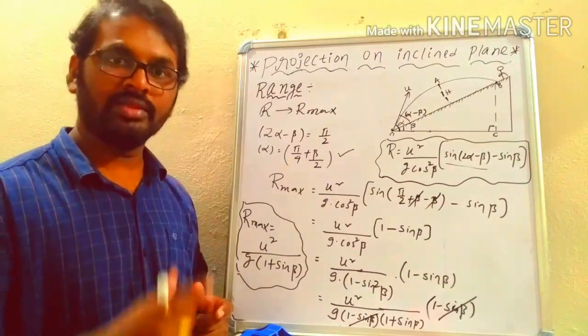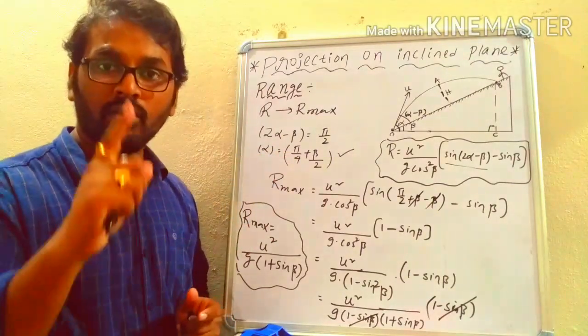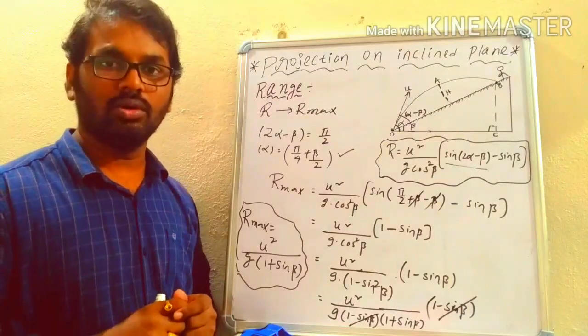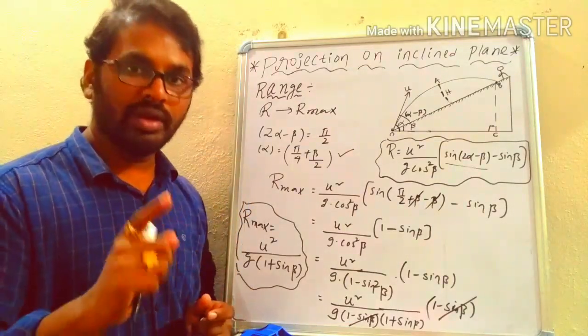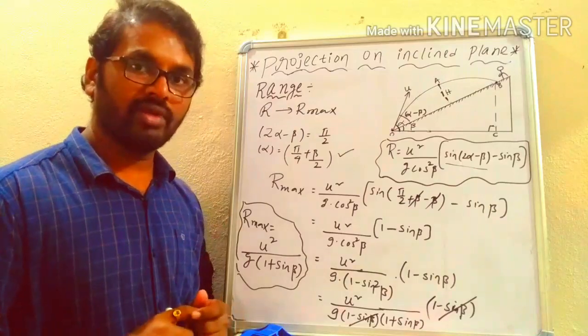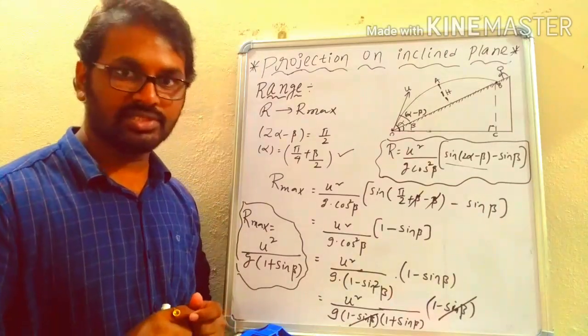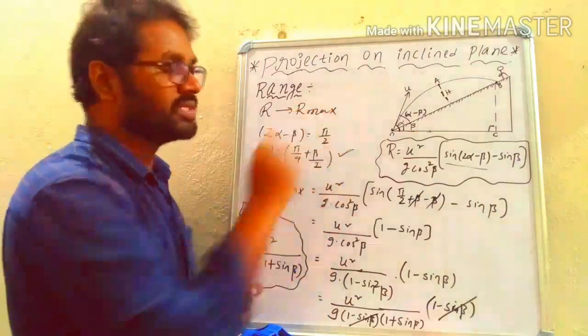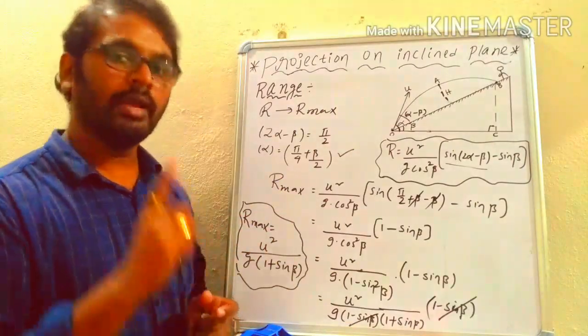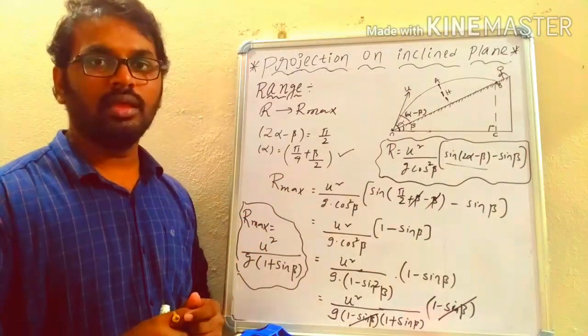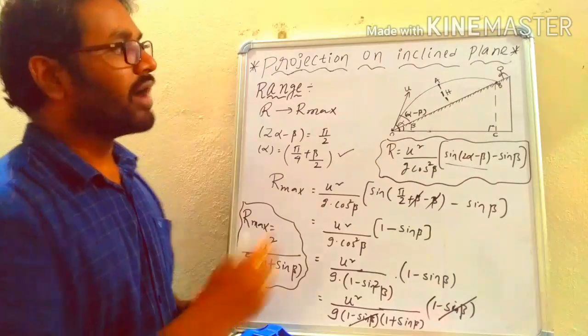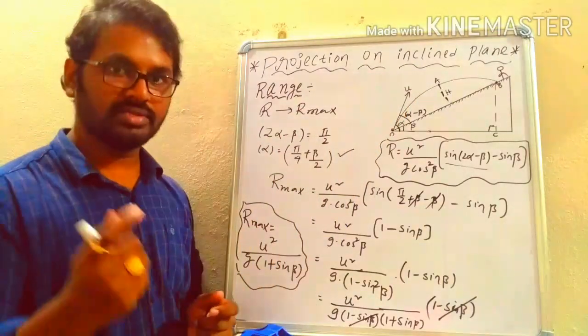That is what we did in the case of time of flight, where the vertical displacement is 0. Then in the case of range, the component of velocity along the x-axis is 0, by resolving the velocity along the ground and perpendicular to the ground. And the last part is to find the maximum height. Let us see that.